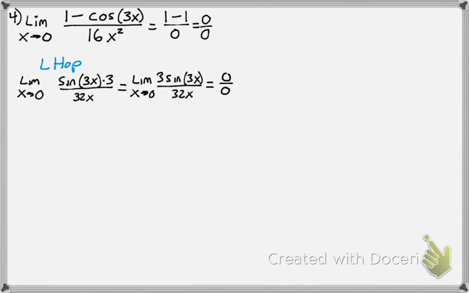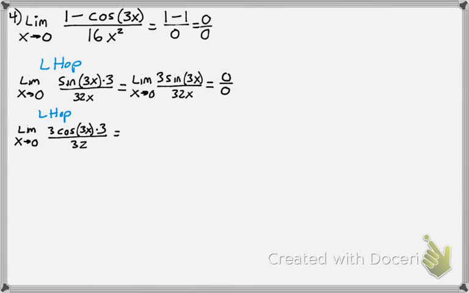But because this is 0 over 0, we are allowed to use L'Hopital's rule again. So anytime you get 0 over 0, or an indeterminate form, then you are allowed to use L'Hopital's rule essentially every single time you get that. So if I do that again, then I'm going to get 3 cosine of 3x times 3 over 32,